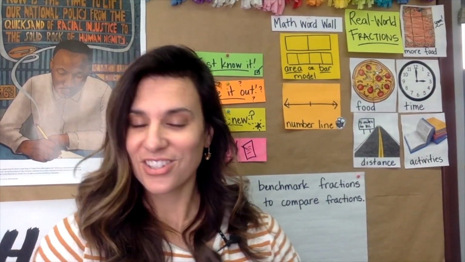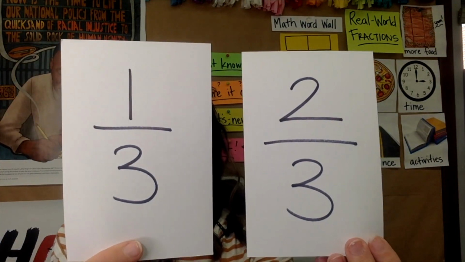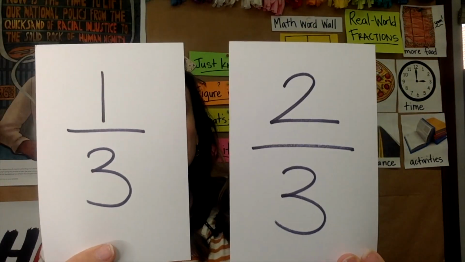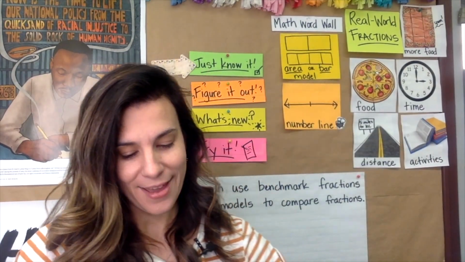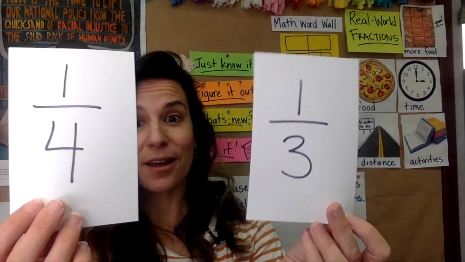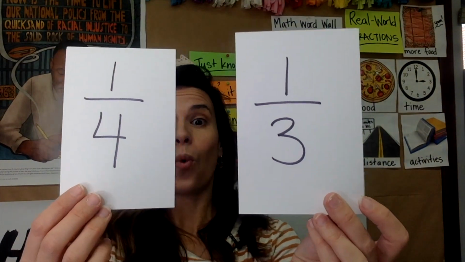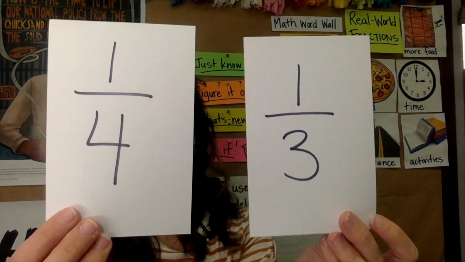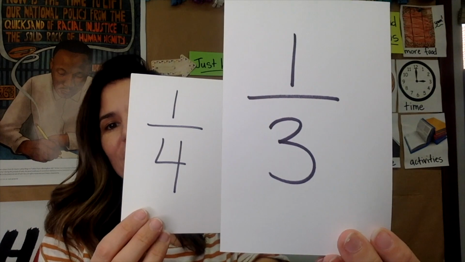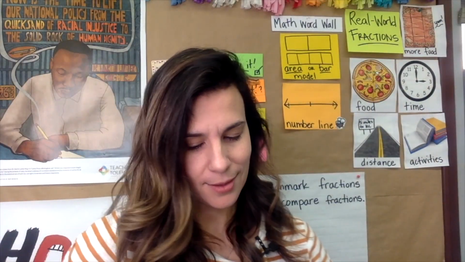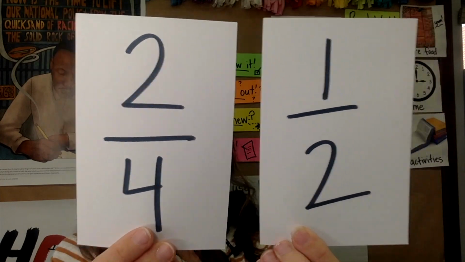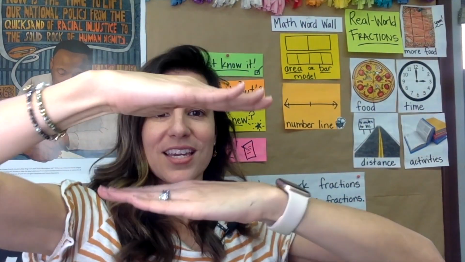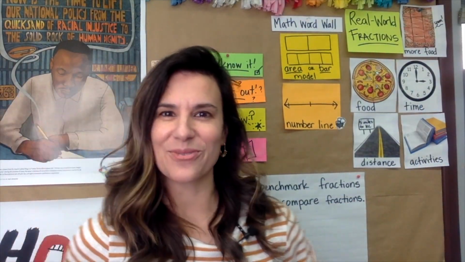Time for a fraction check. 1/3 is less than 2/3. Okay, one way to think about this, would you rather have 1/3 of the pizza or 1/4? 1/3 is greater than 1/4. And finally, show me what you got for this. You got it. 2/4 equals 1/2. Nice work. Now it's time for our next part, which is